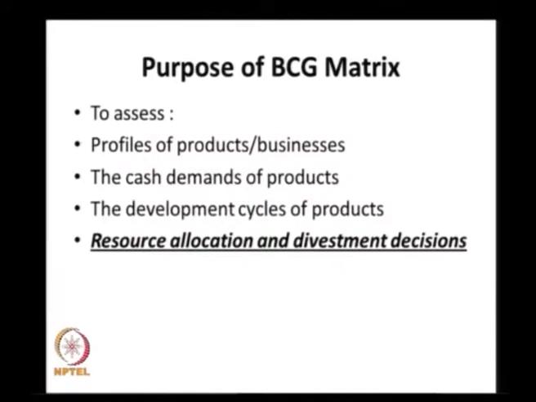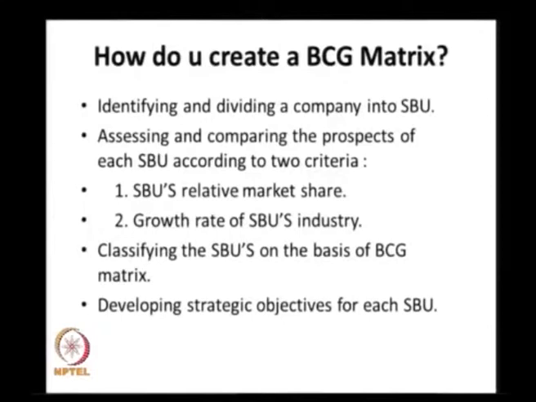And if we find that there is a potential for a firm in the question mark category to be converted into stars, then we are able to invest into those firms which can be potentially converted to stars. Now, this we can do only if we are able to place these firms in these different categories. Now, how do we do this?